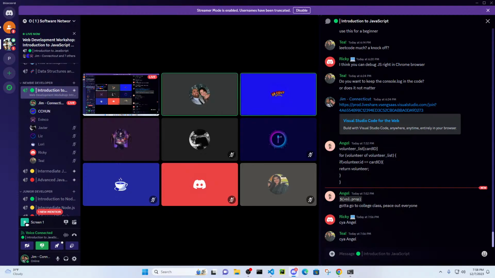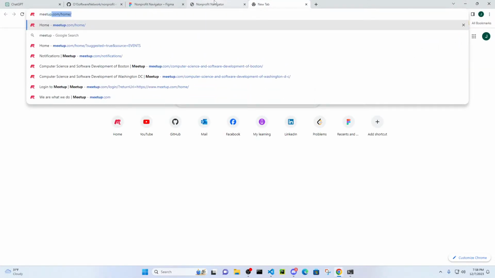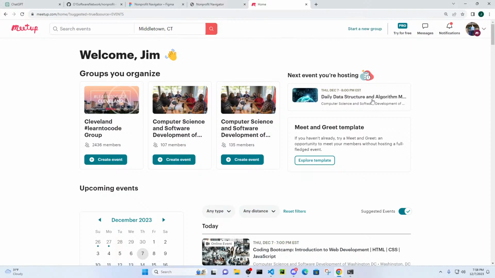Like if you're like, all right, I want to rebuild the Meetup website. You're not trying to build the Meetup website. The navigation is a sub problem. The main section is a sub problem. The aside section is a sub problem. The footer is a sub problem. And even the navigation has a left side and a right side. The left side is a sub problem. The right side is, let me just pull up the site so I can show you as I'm explaining this. If I go to meetup.com and we're looking,